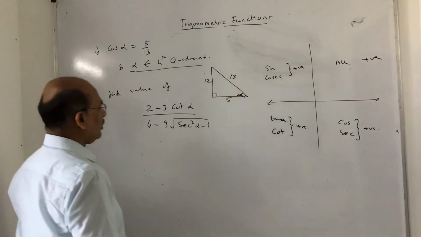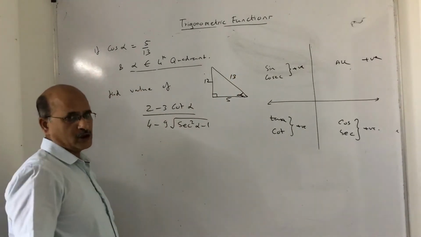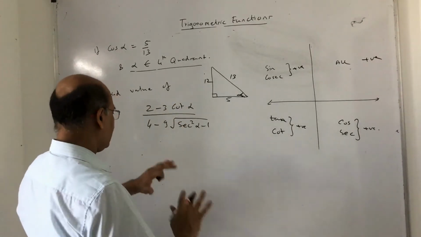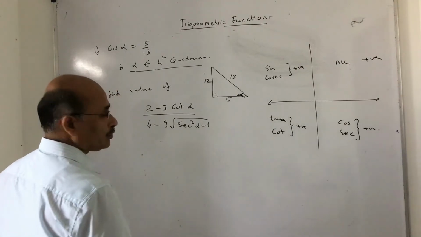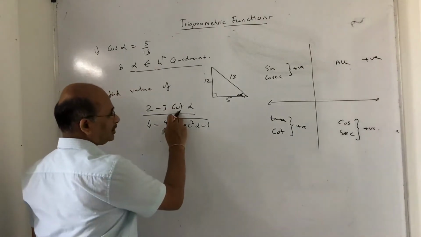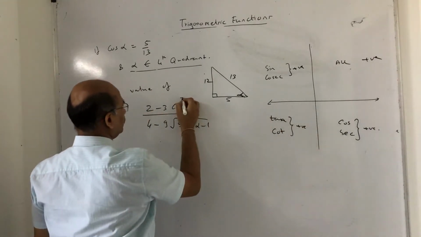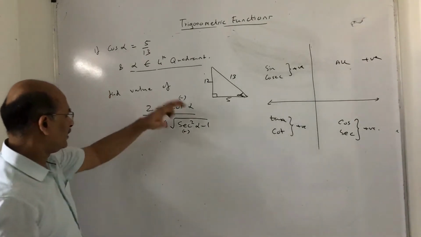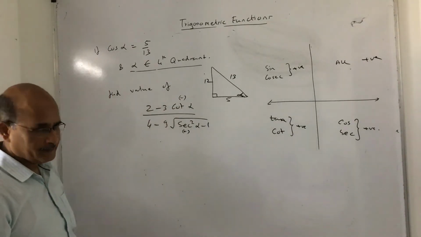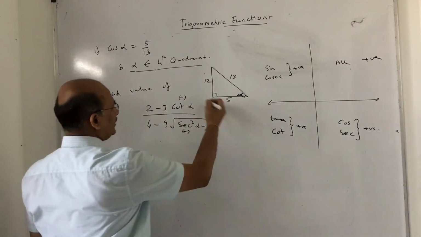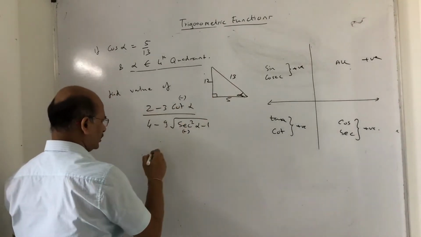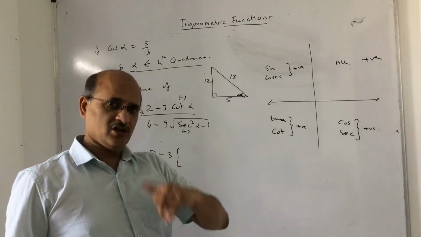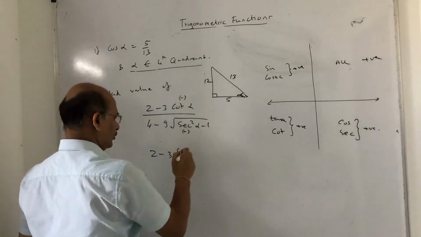Now, when I want to find the value of some expression, what I suggest is, put the sign with a pencil, you can just mark it out so that you don't make a mistake when you directly apply the question. Alpha is in the fourth quadrant. So cot in the fourth quadrant is negative. Sec in the fourth quadrant is positive. And the other trigonometric ratios are not there, so just work with that. Once you find the missing side, your job is almost done. So 2 minus 3. Cot is negative. What is the cot ratio? Adjacent upon opposite. That is 5 upon 12. Do you agree with this?